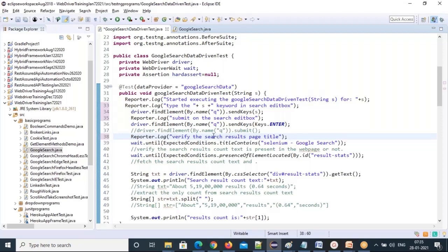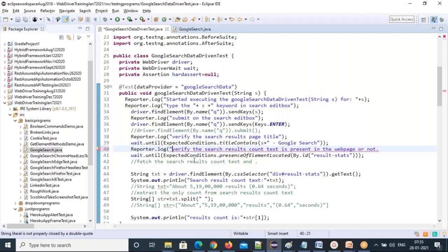See here, verify the search results space title. Here Selenium is there, but the search keyword, whatever it is, that value comes here, right? Then it will fail. What I'm going to do, I'll parameterize this now. Just remove this keyword. Just before that, put yes and concatenate the remaining title. So the remaining title you concatenate. Then this also, verify the search results.